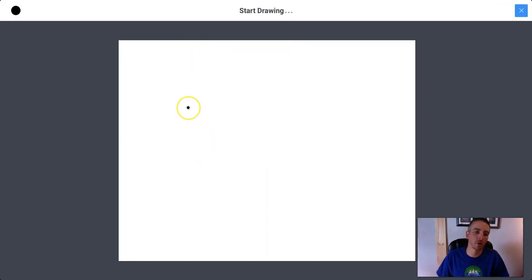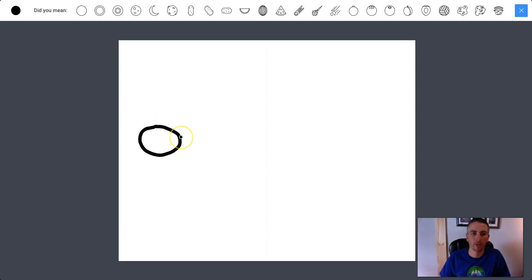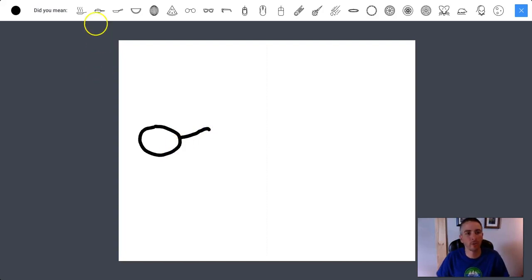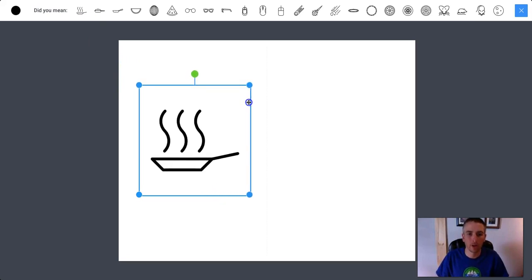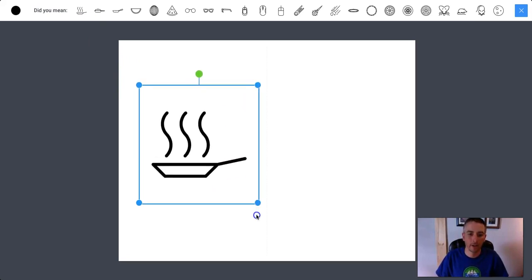So I select auto draw, and let's say I want to try to draw a picture of a frying pan, and I'm not so good at doing that. So what's it trying to do here? It's trying to figure out what I'm drawing, and I'm trying to draw a frying pan. And now I can insert that in there, and it will allow me to click and drag and expand it